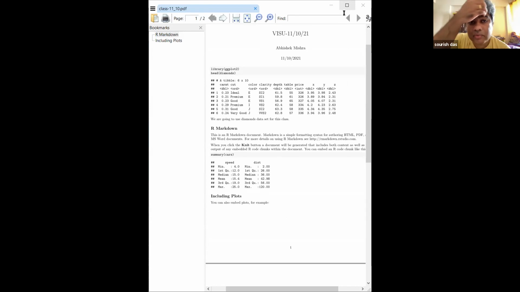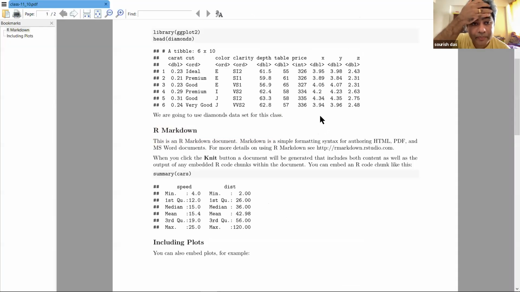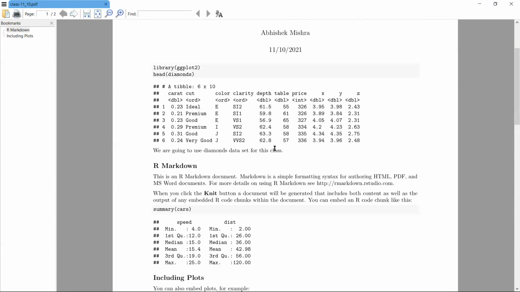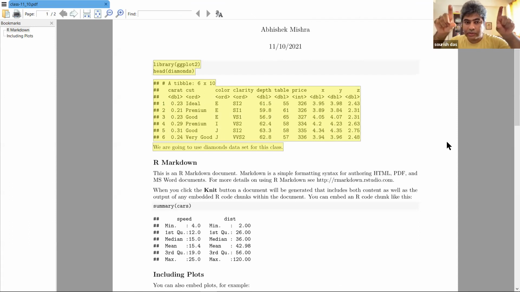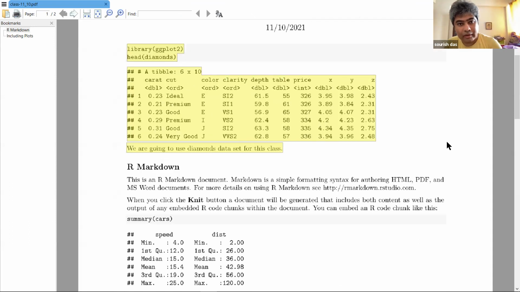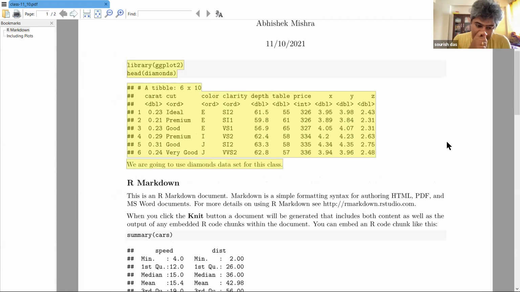So you can see now, you can do it in this way. You can write whatever you want between these, and whatever code goes into those blocks of R code. One thing you have to do: if a plot needs to be produced, for that you have to give another extension.